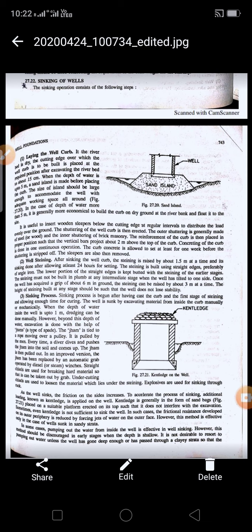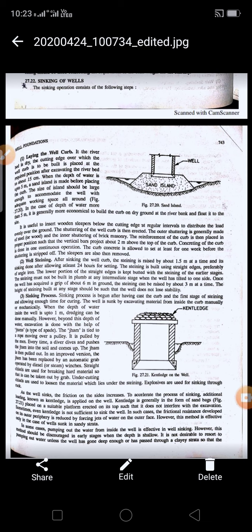Means what he is actually trying to say is, when we are going to construct the well foundation, we need to put the casing into the river. When we put the casing into the river, we go to a 15 centimeter depth where we place our cutting tool, cut, and fill the well with sand. The space of the sand should be enough to accommodate whatever load is coming from the